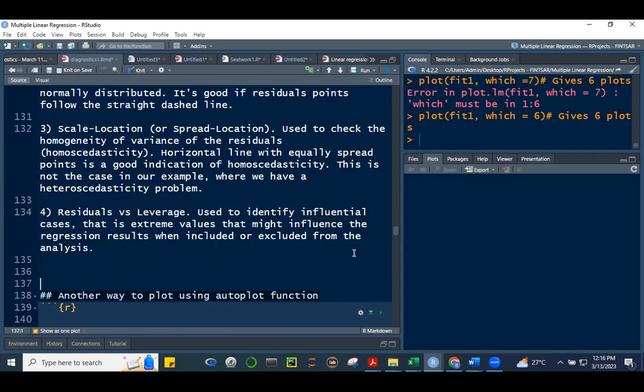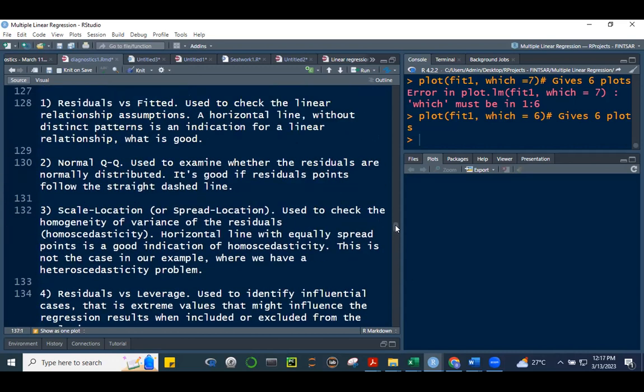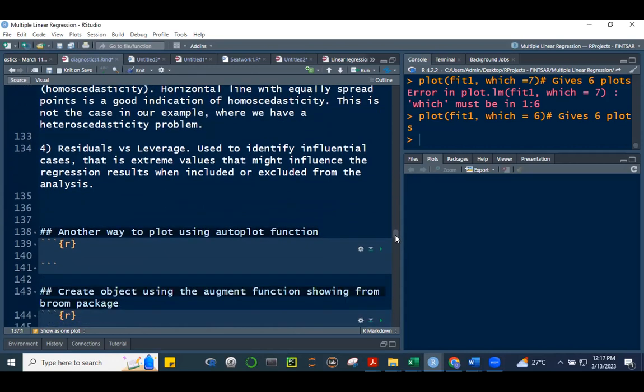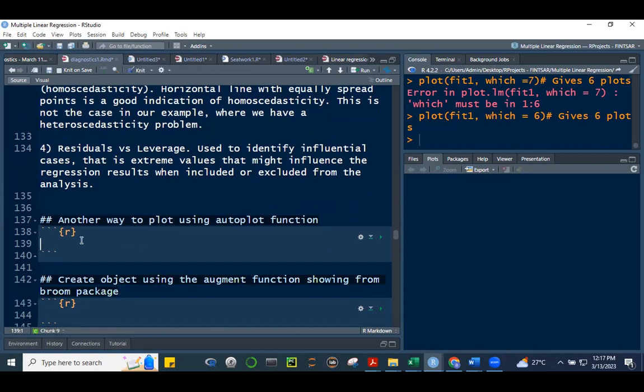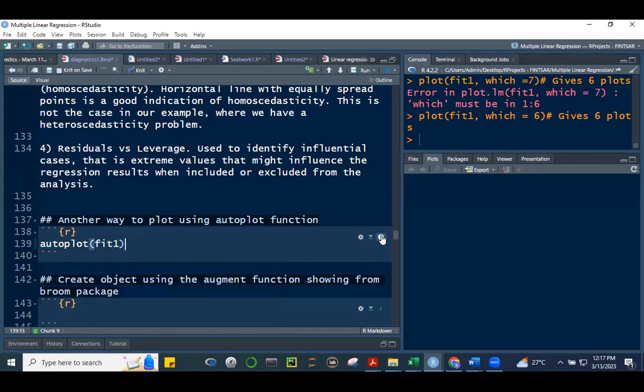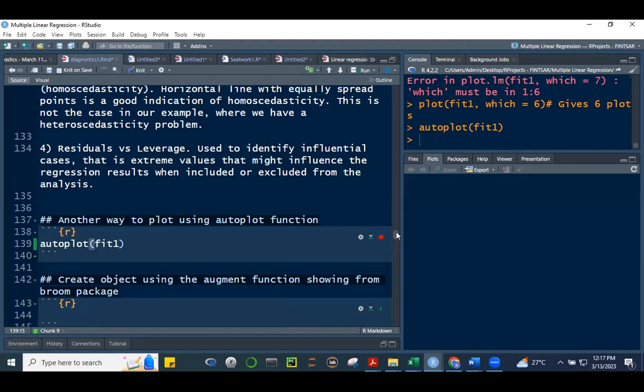5 to, no? Kasama yung Cook's distance, yung dalawang Cook's distance. Only that, hindi siya pinapakita dun sa plot function. You will have to indicate which is equal to, yung unang Cook's distance, which is equal to 4. Yung second Cook's distance, which is equal to 6. Okay, so those are the plots that you can generate and you can use to analyze the validity of your model. Okay, there's another function, yung autoplot function. Pareho lang naman yung generate nito. Although mas, ano lang siya, mas, let's say, a little bit,